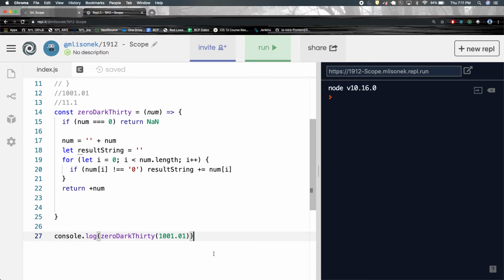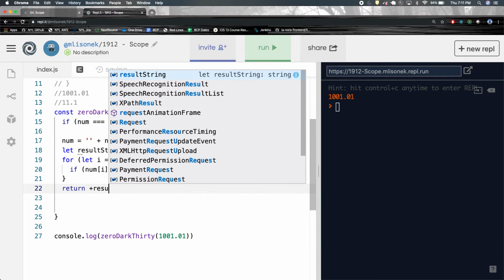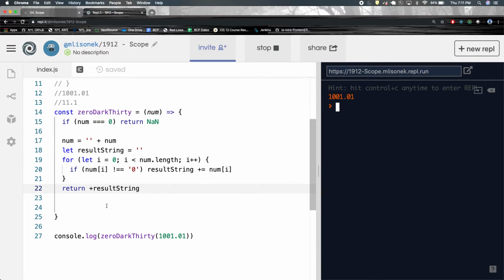That is the same thing as coercing. So if we do that, we get, oh no, result string. I always do that. 1, 1,